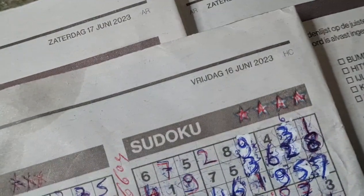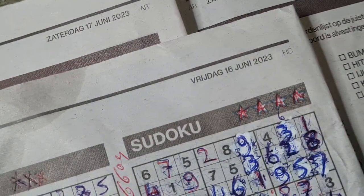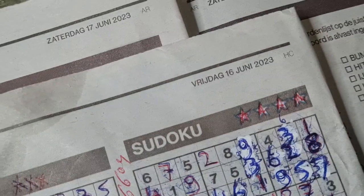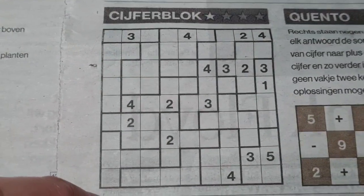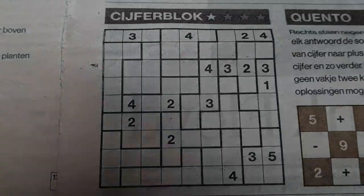Not in yesterday's newspaper on Saturday, June the 17th, 2023. No, it's the edition of Friday, June the 16th, 2023. It's actually today, Sunday, and on Sunday we don't receive any newspaper. So I've decided to solve the rest of the puzzles in the Friday edition. And this one will be number